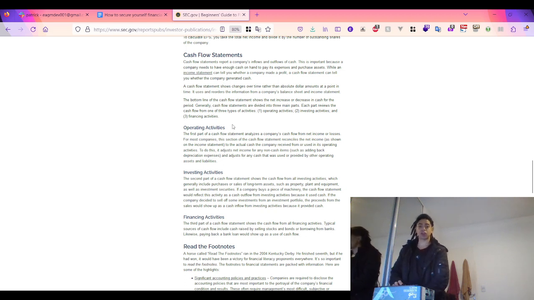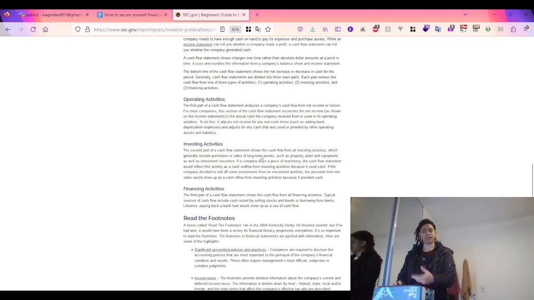And when it comes to common operating liabilities, we have accounts payable, accrued expenses, deferred revenue, income taxes payable, whether it's corporate, withholding, or sales taxes, short-term borrowing, whether it's from the bank or a business line of credit, notes payable, which is an agreement between the borrower and the lender that outlines all the conditions of that loan,